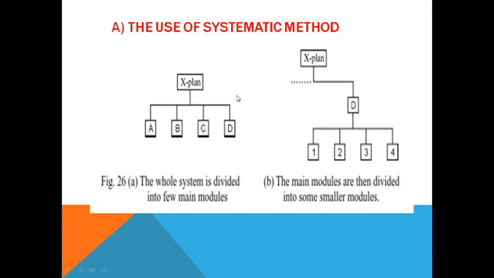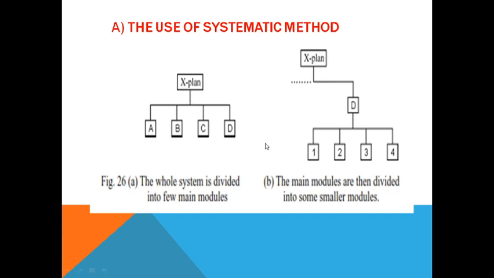We know that a good programmer can compose a program independently. But when the program becomes much larger and complicated, a group of programmers will need to cooperate with each other. So a systematic method and some standardized tools will be needed to help the collaboration. A common systematic method is design from the top to bottom. Firstly, divide the whole program into a number of main sections called main modules. Then use a simple block diagram to show the relationship between them.